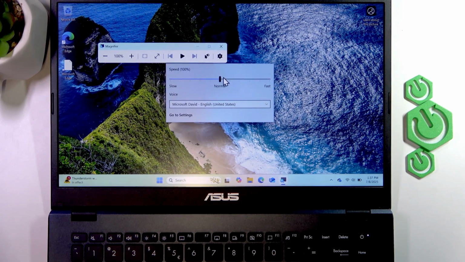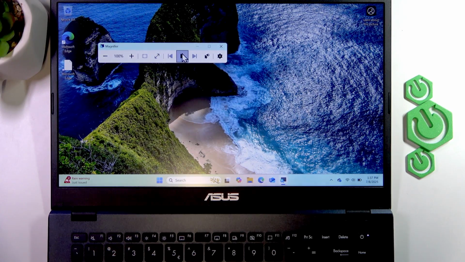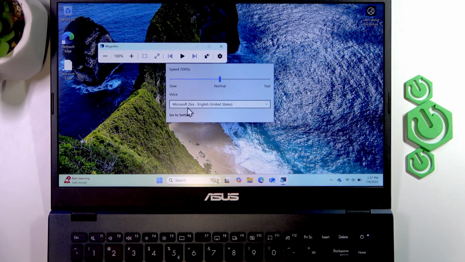Using settings here, you can change the speed of your magnifier, and you can also change the voice by expanding this list and selecting the voice that you like more. Now you can also access the full settings by clicking Go to Settings right here, or if you want,